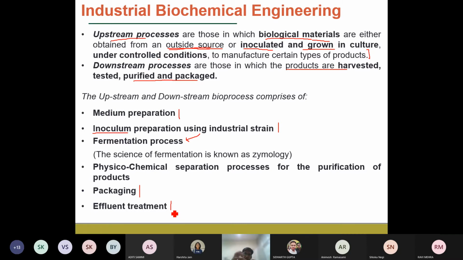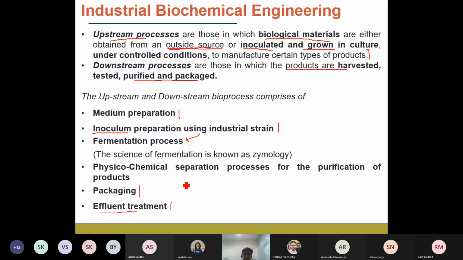Okay, so disposal of the cells and the debris is also a very important issue, because if you are just dumping it into the water or into the soil, it is going to have severe environmental effects, because these microbes may be lethal to humans. So you need to carry out a proper effluent treatment. Before disposing, you have to kill all the bacteria before you dispose of them to any particular place, because these bacteria may go into, for example, water body streams and have a toxic effect on our system.